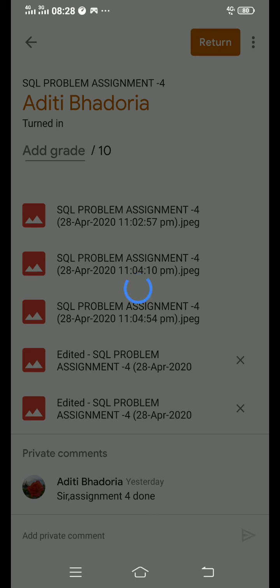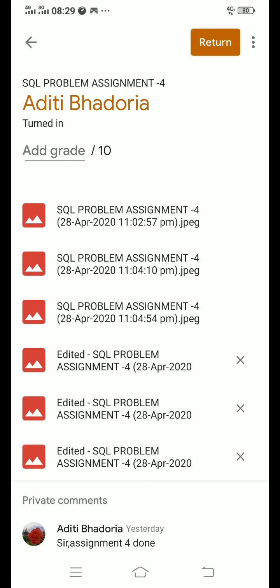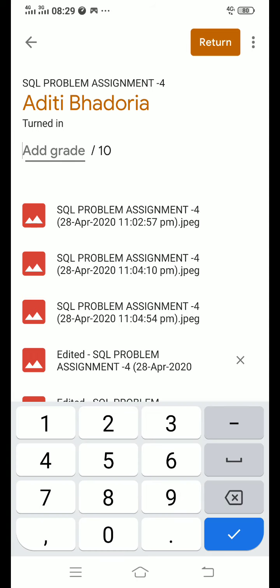After saving, I have checked all three assignments. Then I will grade out of 10. I am giving this girl 9 marks.